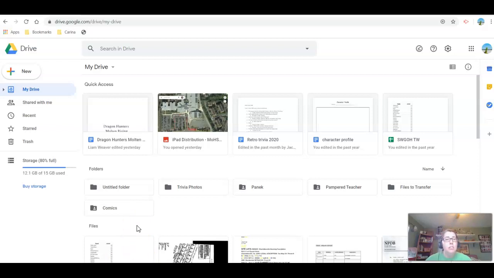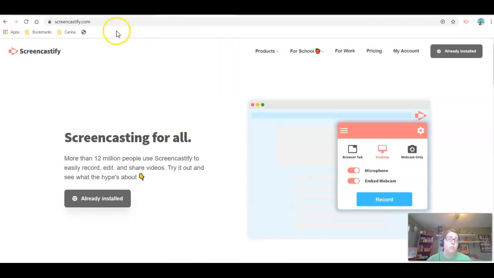And you need to be logged in to Google with your school Google account. That's very important before you download it. So I am logged in right now. I actually have Google Drive open. I'm logged in as my husband on this computer because I'm downloading it onto his computer. On your computer, you'll be logged in with your school Google account. And you want to go to this website,